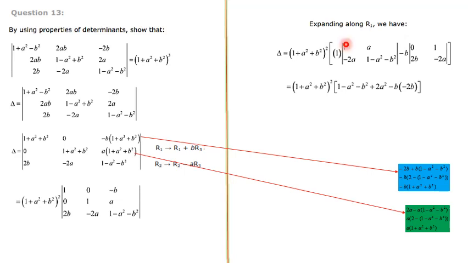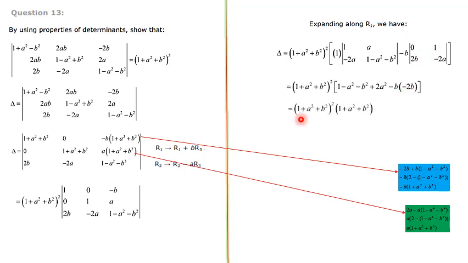Just go for the calculation, that is 1 into 1 minus a square minus b square plus here 2a into a, that is 2a square, that is written here. How this plus comes: the determinant has minus, and here there is again this minus. So minus into minus is plus 2a into a, that is 2a square, minus b into this row multiplication is 0 diagonal, that is 0 into 2a, that is 0, minus 1 into 2b, that is minus 2b.